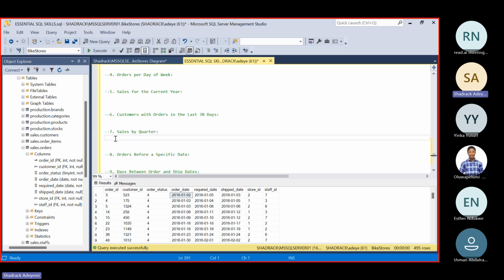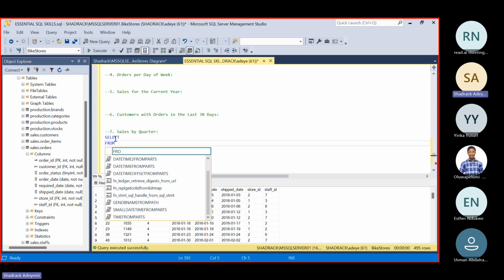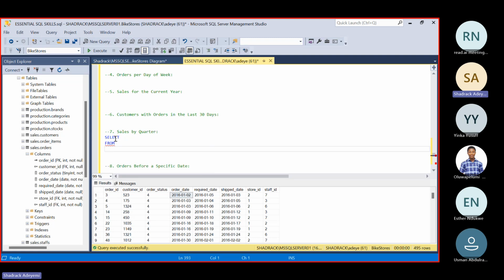So if we want to use the date part function, I'm going to be calling the select statement, and I'm going to be saying from the select from, I'll do a join because we're joining two tables here, and we're going to be joining them on something.